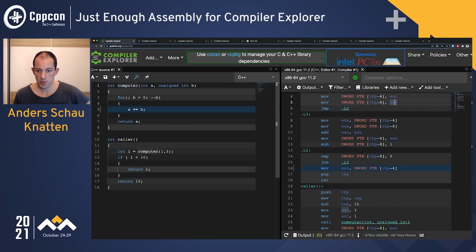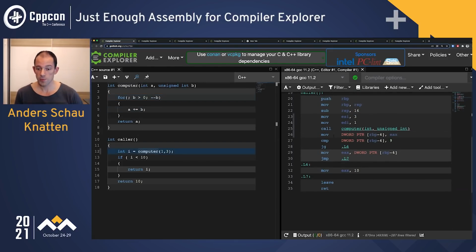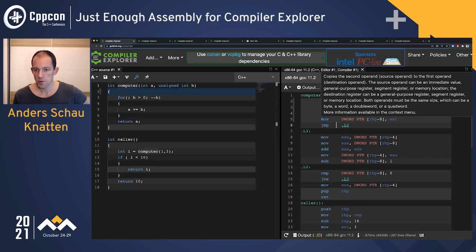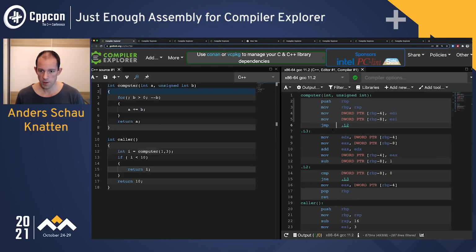Yeah, so this is for the compute function here. I have a for loop, which is done by just some comparison and jump if not equal. And yeah, move, add, yeah, actually, I don't have time to go through all of it, but this is all stuff we have seen on the slides so far. And if there's something, I'll post this link in the chat later. But if there's something you don't understand here, you could always also just hover over the instruction and get some more tips. And speaking of tips,